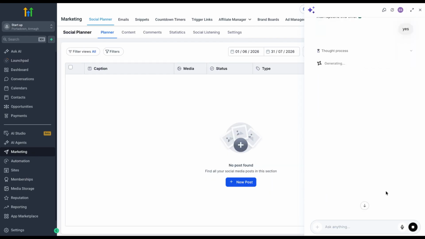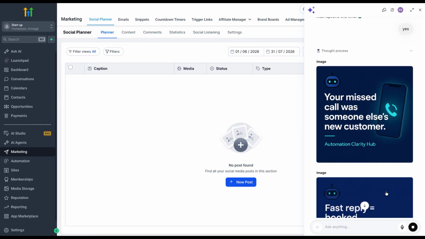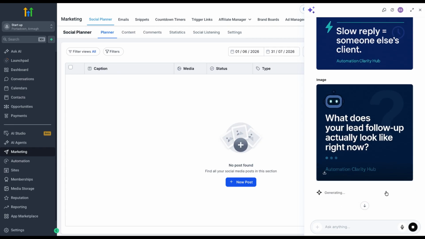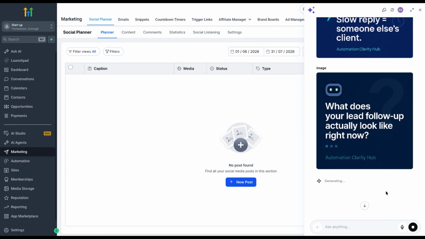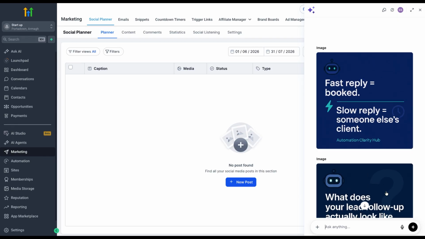Once I sent the prompt, HighLevel started building the content. This is where it begins working through the post ideas, graphics, captions, and hashtags. This took around 10 minutes in real time, so I'm speeding it up here. It was not instant. But the comparison is not 10 minutes versus nothing. The comparison is 10 minutes versus briefing someone, waiting for graphics, writing captions, finding hashtags, uploading files, and scheduling everything